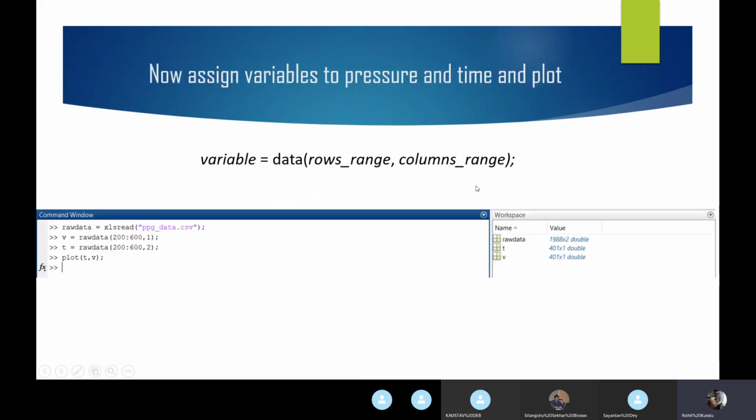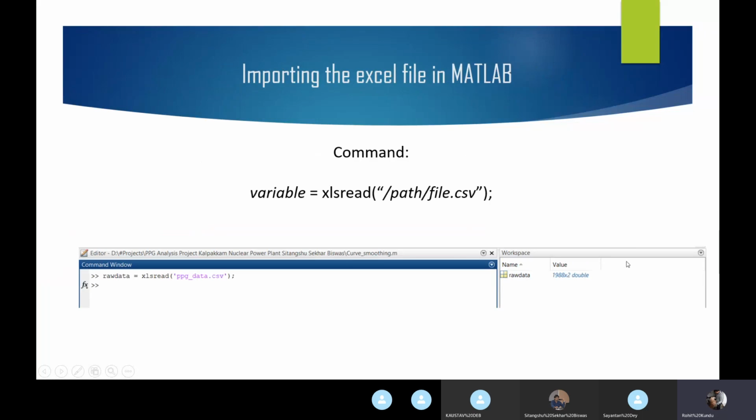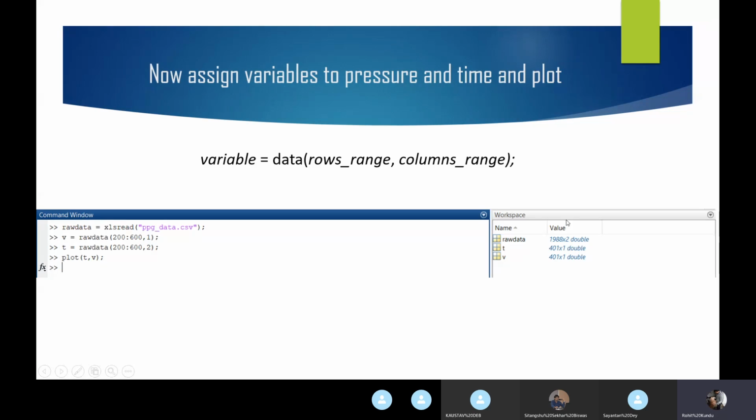Then raw data, as you can see in the workspace, the whole CSV file is being loaded into MATLAB. So now we need to split it. Split it means basically we need to assign the first column to one variable and the second to another. The way of doing that is just the variable name. Here I have used data, which will be raw data actually.